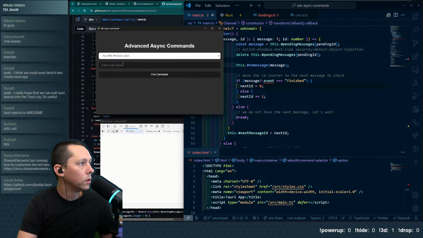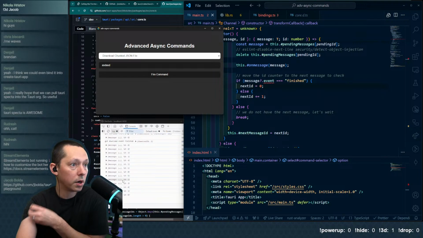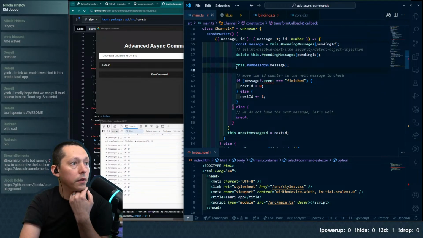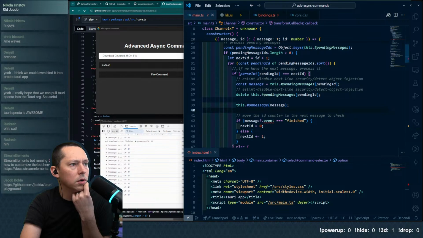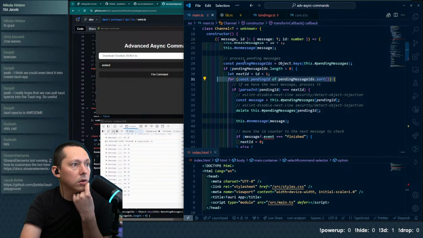Okay, so now refresh this. There we go. So now we get the message processing, but it's not actually logging out the on message anymore. Because it's basically like stopped looping.